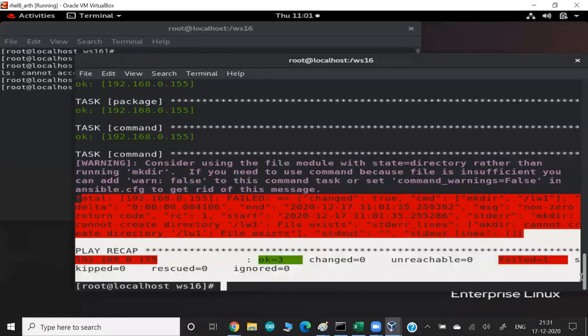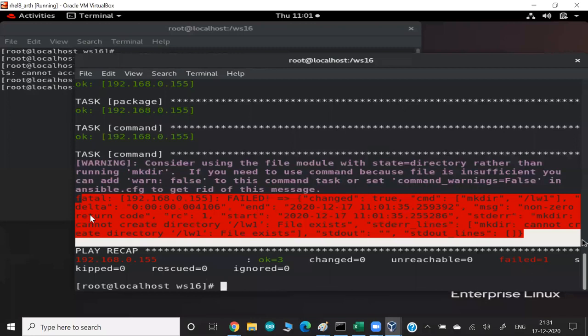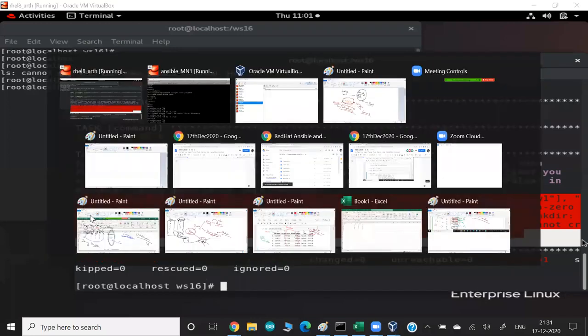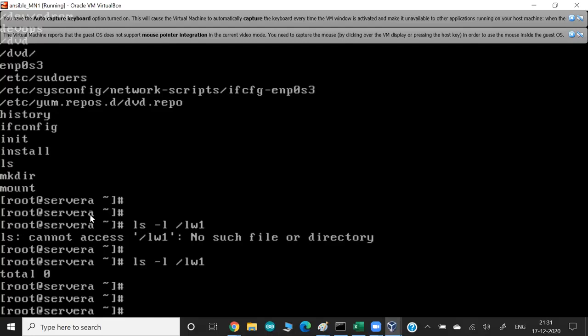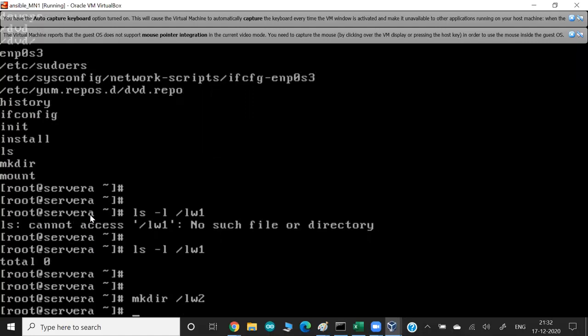You know why the exception came up? It's not coming because of the command module. It's coming because of the nature of the mkdir command. Because in Linux, if you use the mkdir command the first time to create a folder, it will create it for you. But if you run the same command one more time to create the same folder again, because we can't create two folders with the same name in the same location in any way,